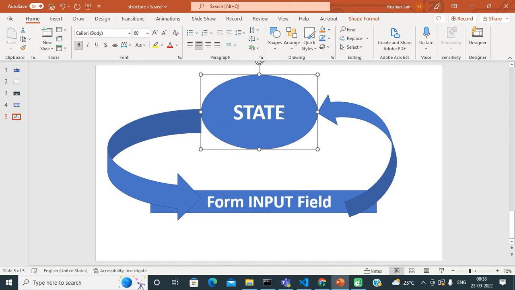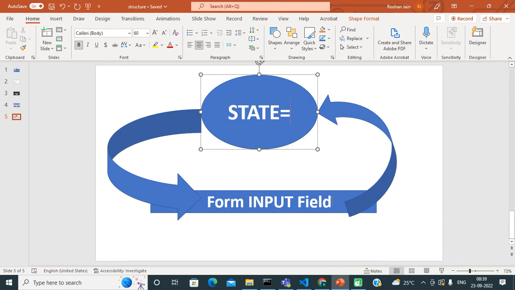Initially we store some initial value in that state. After that, we bind the initial value of the component state to this input field. So you can see the value is coming from the component state to the input field.